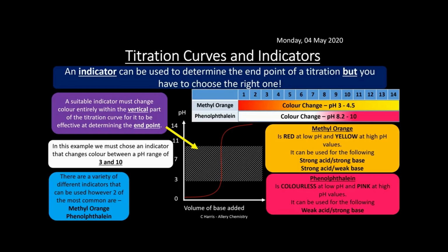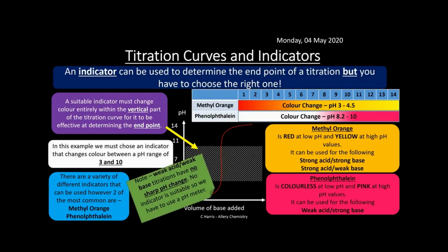So when you're doing this in an exam, what you've got to look for is that zone in that vertical part, and select the right indicator. Now, you'll see weak acids and weak bases have no sharp pH change, and so no indicator is suitable, so we must use a pH meter for that type of titration. It's not the best titration to do because of the very limited scope that you have to measure the pH. So really what we've got to do is measure the pH, record it down, and then plot the graph to see where you end